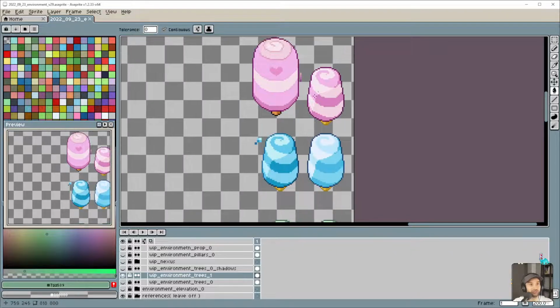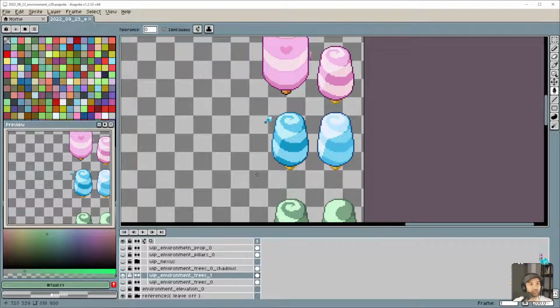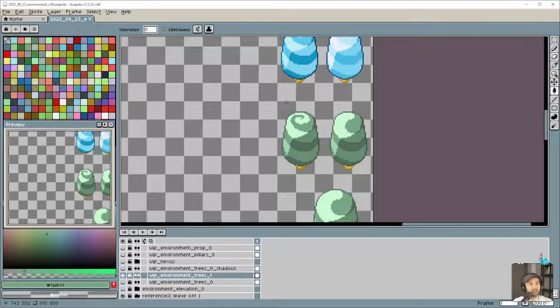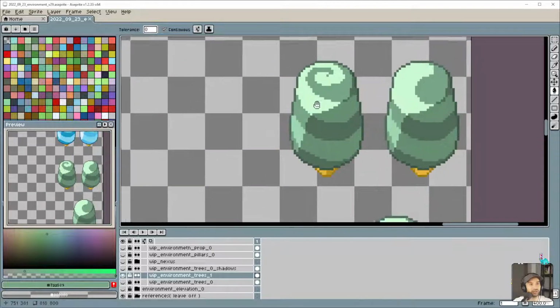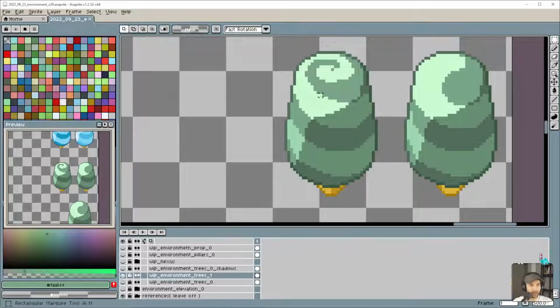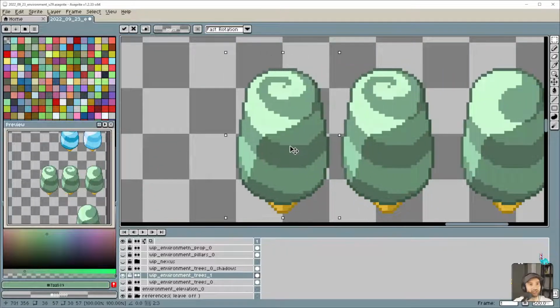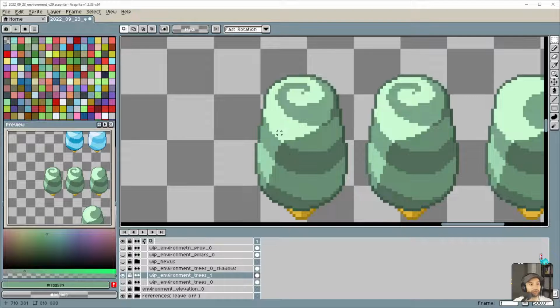So that's going to be our 3 color variations: the pink, the blue, and the green one. I kind of feel like I want to just mess around with the colors of the green one a little bit. Let's do that. Let's see if we can kind of adjust these colors a little. I feel like there's room for some improvement on the green one.